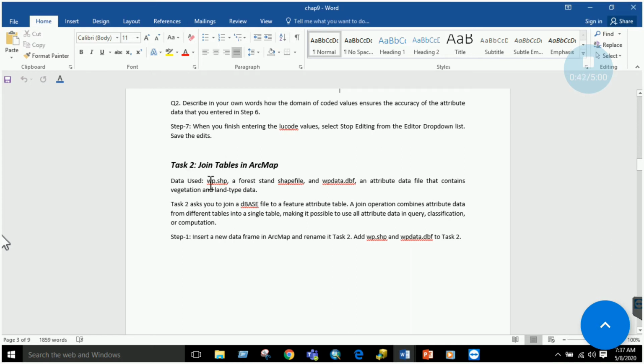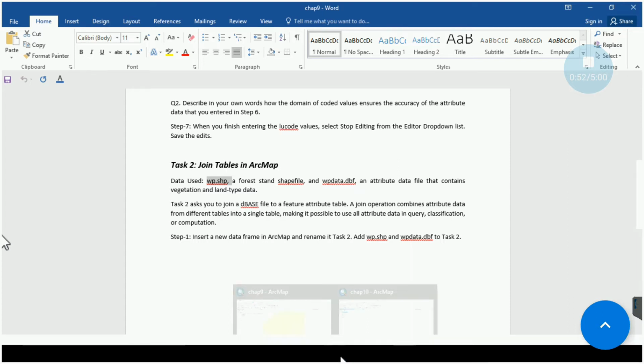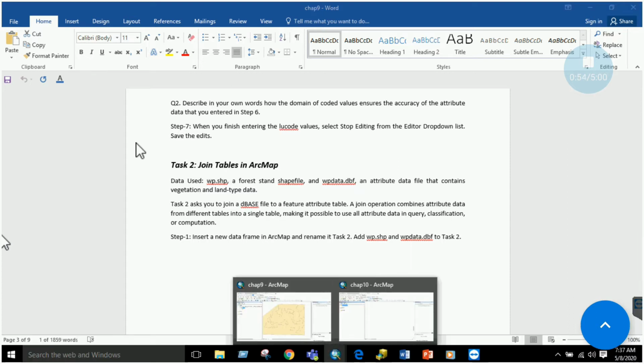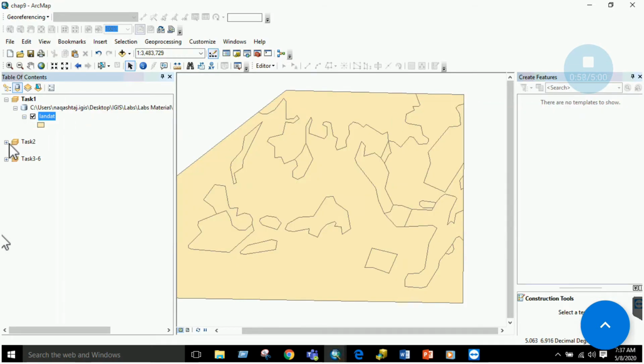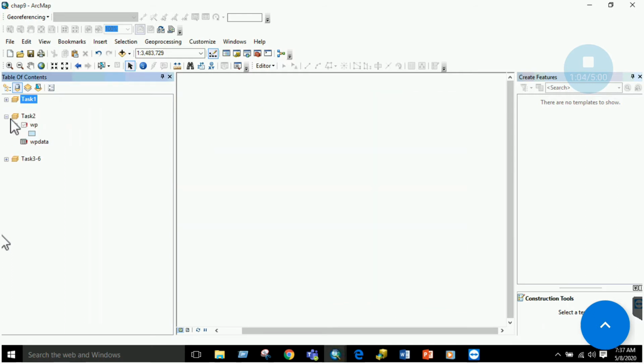For task 2, we have to use shapefile wp, which is basically a forest shapefile, and wp data.dbf, right? So just go to the ArcMap again, insert a data frame by following the previous step, go to task 2. I am unchecking this layer and opening task 2.